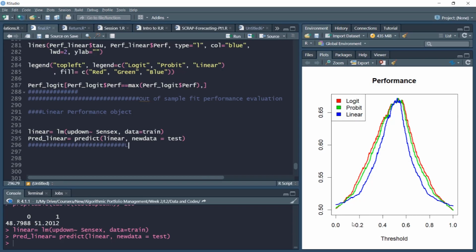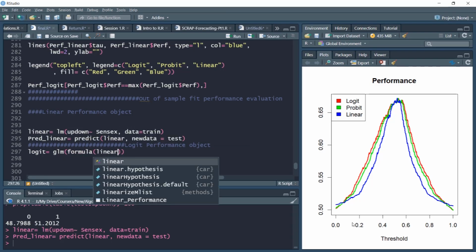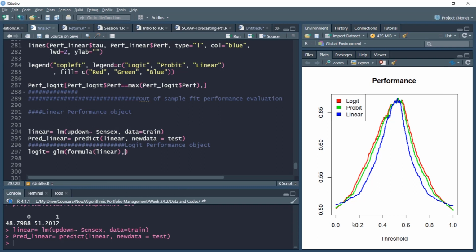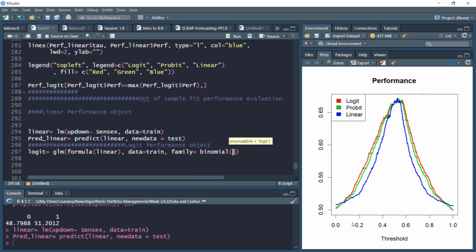Next, we'll train our logit performance object. Again, remember we computed the logit object with the simple glm command. We'll use the same formula as for the linear one, so we'll extract the formula from there, and we use the train data set to train our algorithm, with family of binomial models under logit.